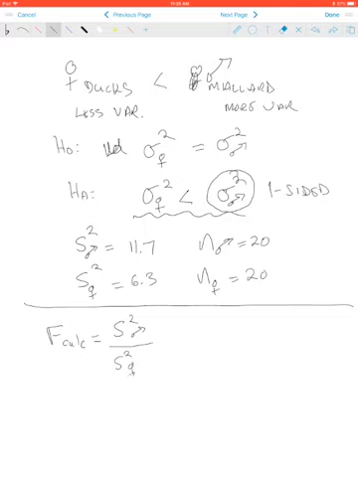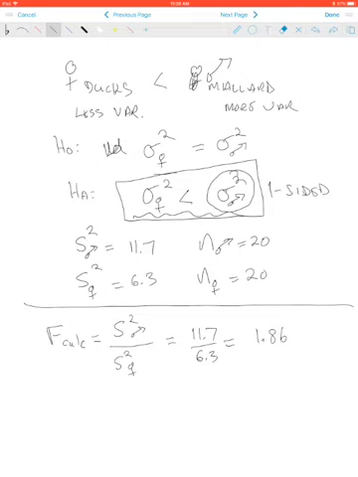If the one-sided alternative was the other way around, and the females were expected to be greater, then the females would go in the numerator. So here you don't flip-flop the variances as a function of which is bigger after you estimate them. You can write down what the F-calc is going to be before estimating anything, based upon what is stated in the alternative hypothesis. In this case, we've got the variance of males, 11.7, divided by the variance of females, and you simply divide those, so it's trivial to calculate, and it ends up being